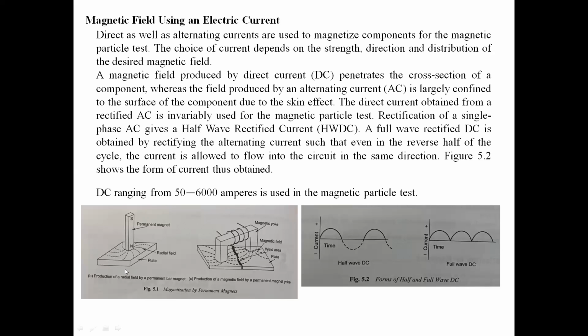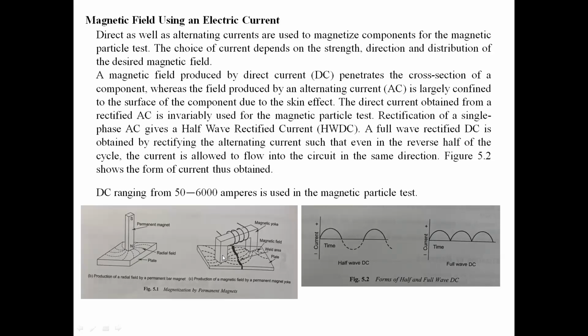See this. Here, according to the position of the magnet, the magnetic field lines are produced in the material. Suppose if you want to produce the radial type field, then you place the magnet like this, north pole and south pole. If you place the magnet in a vertical manner, then the magnetic field lines are produced in the workpiece in a radial manner.